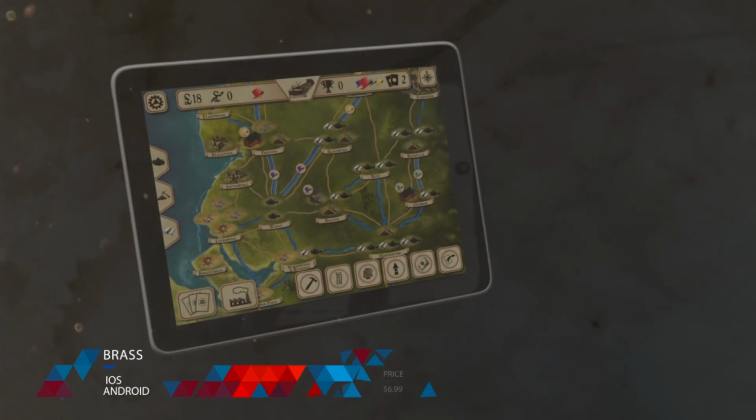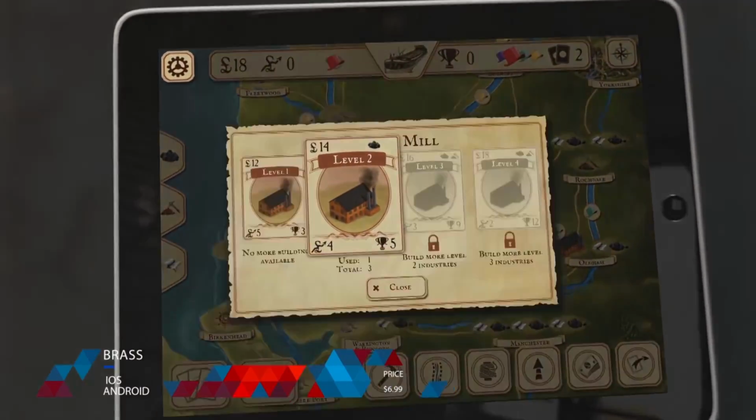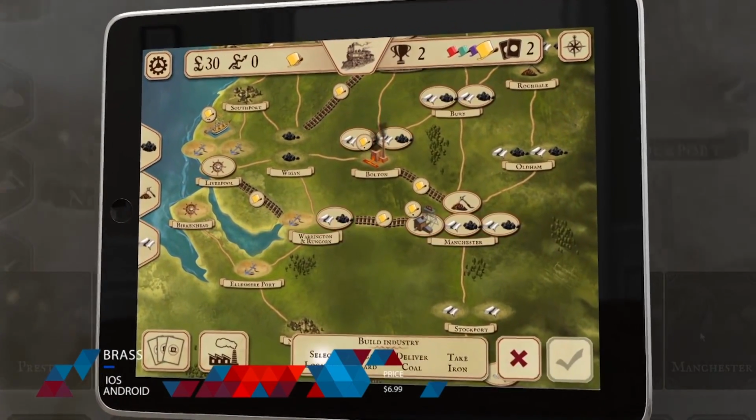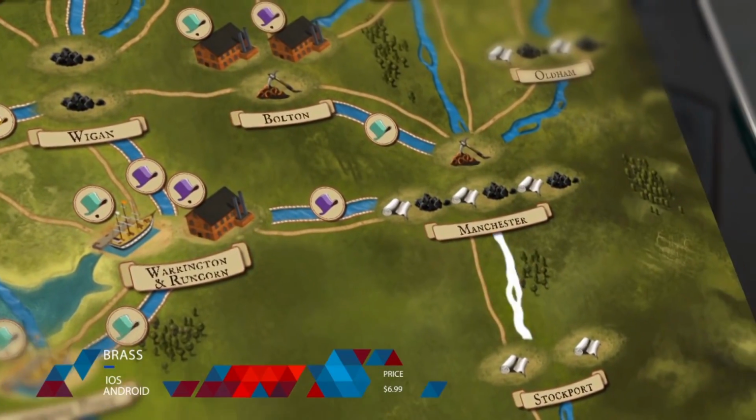And at number 2, we have Brass. Brass is kind of an economic strategy simulator game. It's all about money and monopolies. Your job is to not really build cities, but build industries. This time around, you're choosing industries, building different types of factories, and connecting them via canals, railways, trade supplies, and